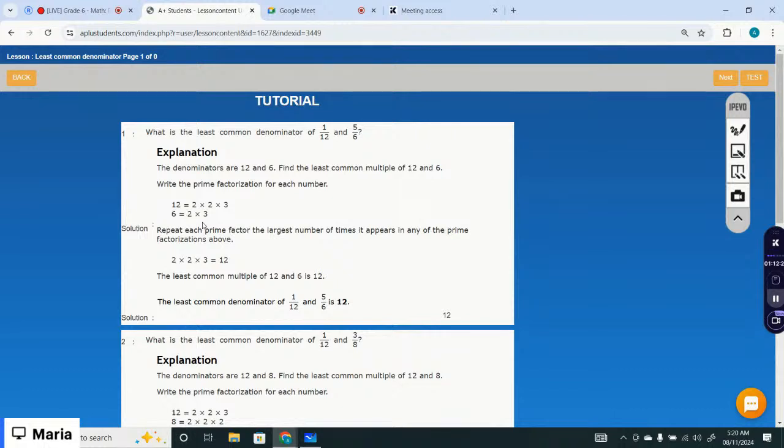What is the least common denominator of 1 by 12 and 5 by 6? The denominators are 6 and 12. You need to find the least common multiple of 12 and 6. So, to find the least common multiple,